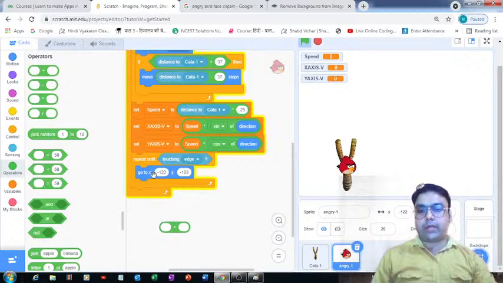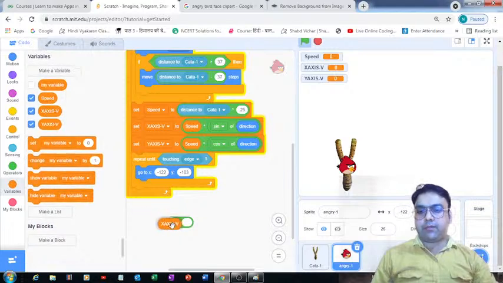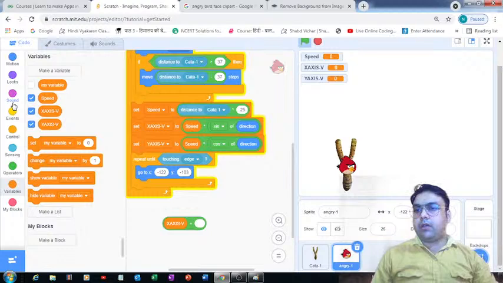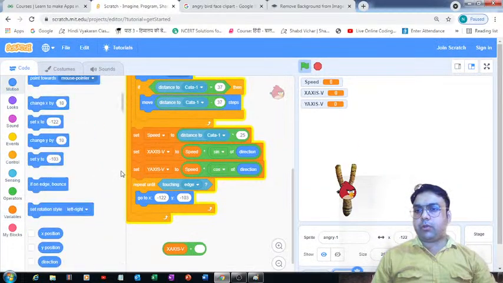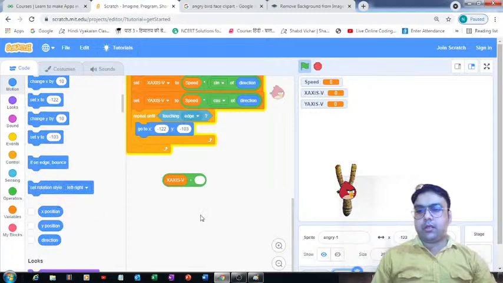So go to axis this, I think we can make use of this option. We can place this x-axis variable first over here, and then we can add the x position to this x velocity. Where is that x position block? I think we can easily find it over here in this section. Yes, this is the one I was looking for.